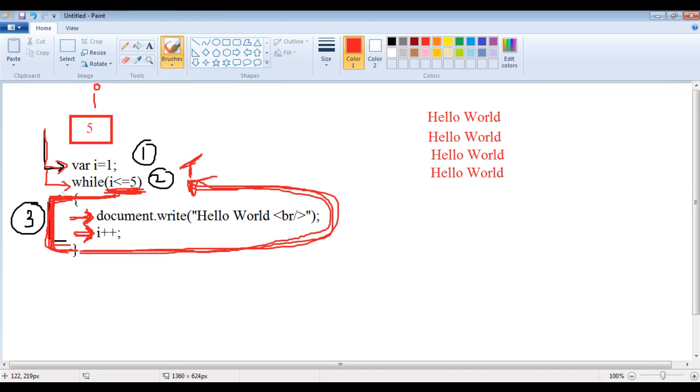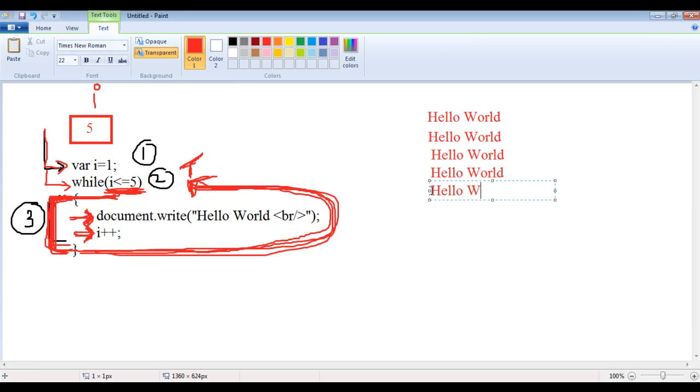After executing all the statements in the body, the control moves to the second part, the conditional expression: is i less than or equal to 5? 5 is not less than 5, but 5 is equal to 5. So one condition is true, which means the result is true. So this evaluates to true. As the conditional expression evaluates to true, the body will be executed again. document.write displays hello world one more time and moves the cursor to the next line.